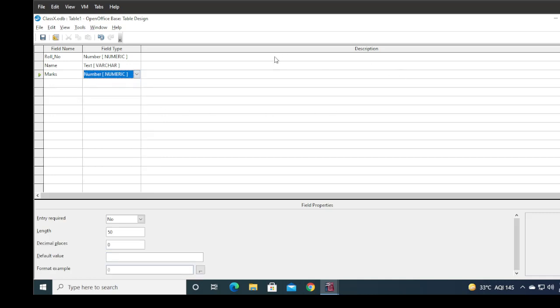Now you can see this area, the description area. Here I don't know which subject these marks are, so you can mention here computer marks, for example. So you can write down the description of a particular field here. Fine.